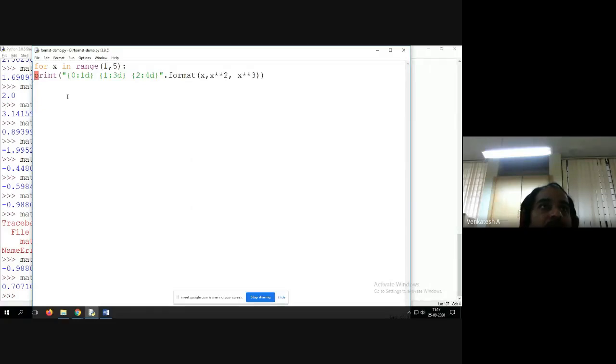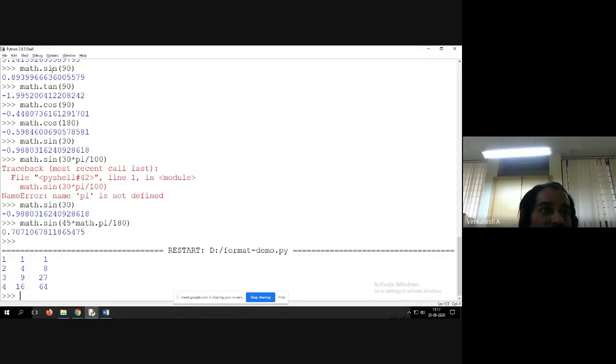Okay, what is the error? Expected an indented block. Indentation is missing. Now this is proper. Control S, F5. You can see here.